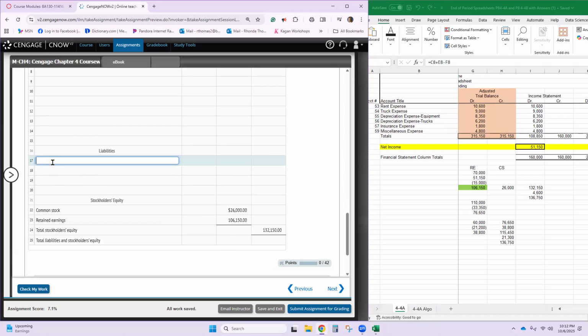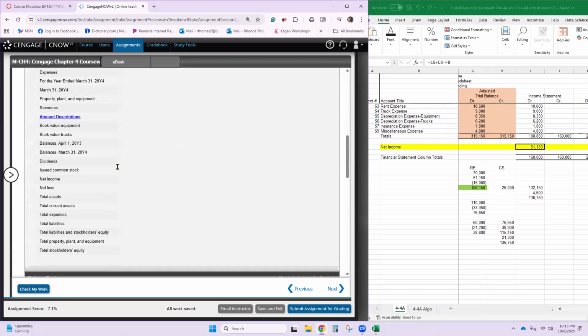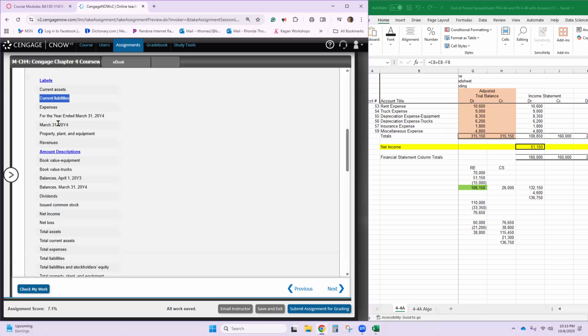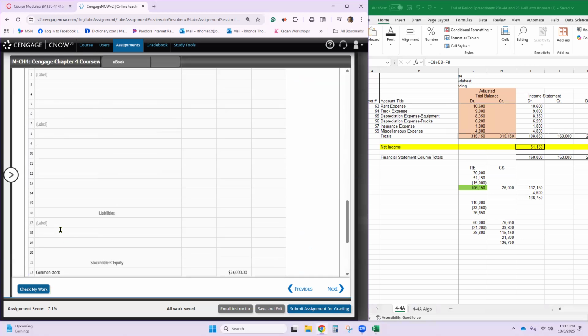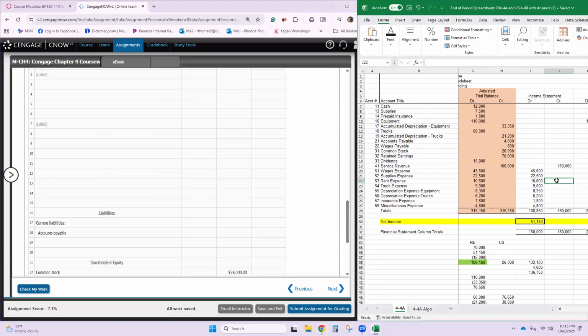All right. So the label for liabilities is going to be current liabilities. Current means what you plan to pay within the year. Okay, current. We have two. We have accounts payable. And you can look it up over here. Now we're doing the balance sheet.